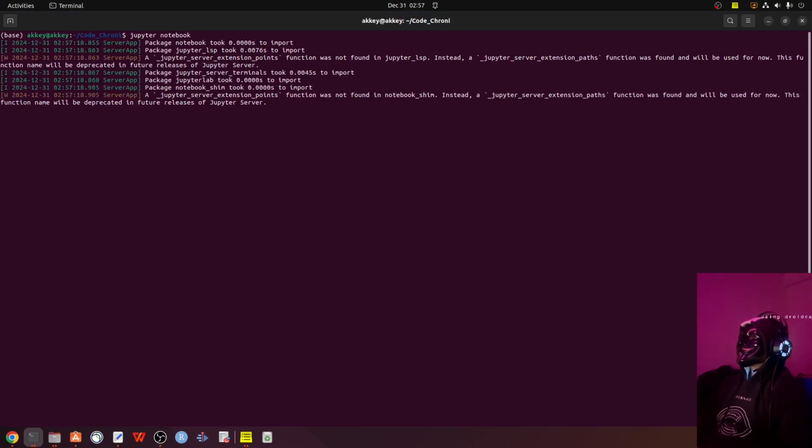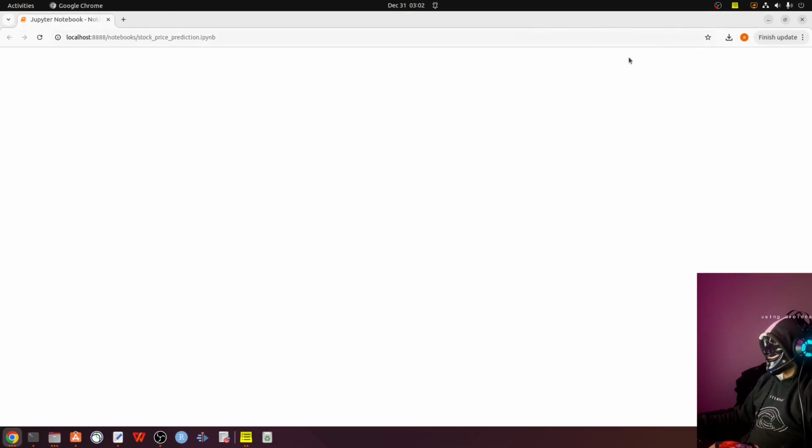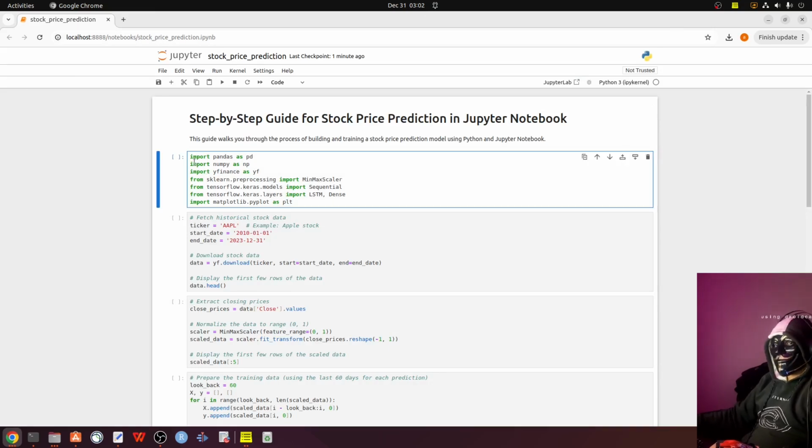So first we have to open the Jupyter notebook. So guys, I already coded this stock price prediction IPYNB file for you. This is the step-by-step guide for stock price prediction in Jupyter notebook. First we have to import the libraries, where we use Pandas, NumPy, yfinance, scaler